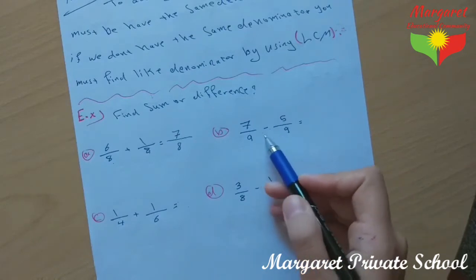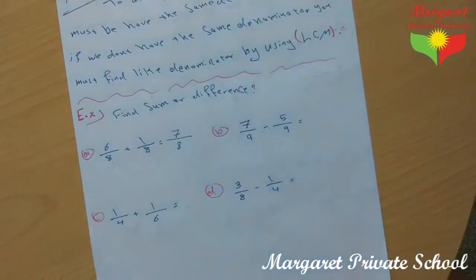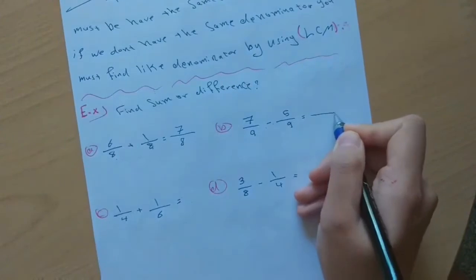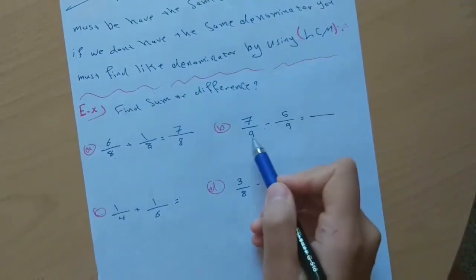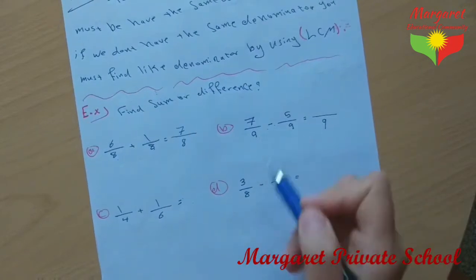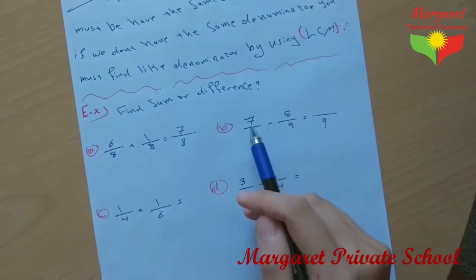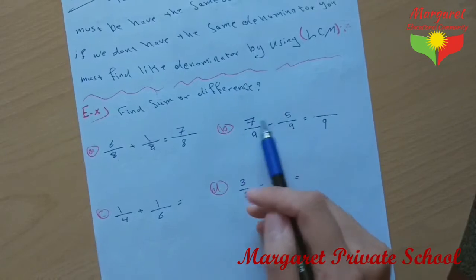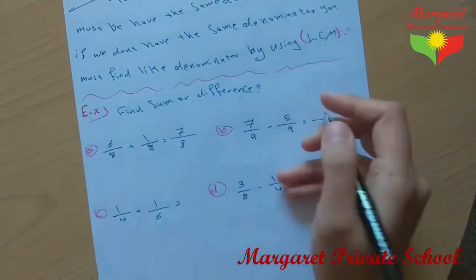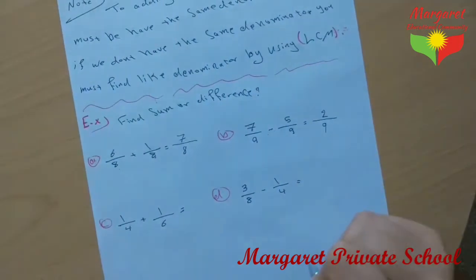We have the operation difference, subtraction, minus. You must keep the denominator because they have the same denominator, and after that subtract the numerators: 7 minus 5 is equal to 2. Write 2